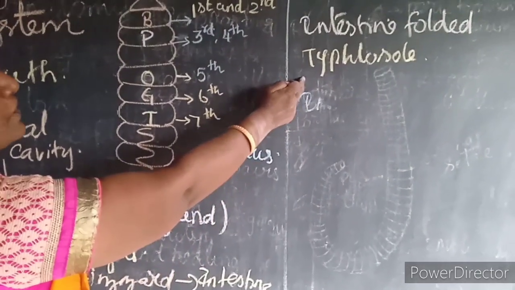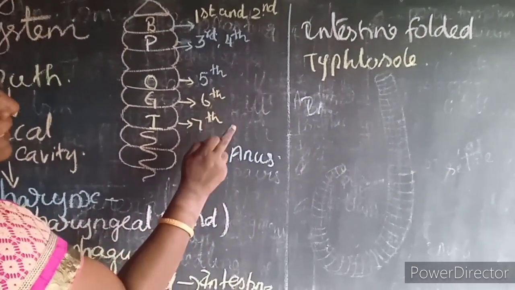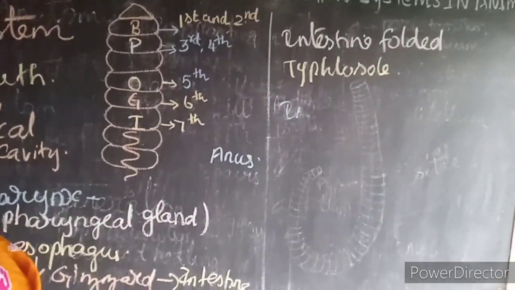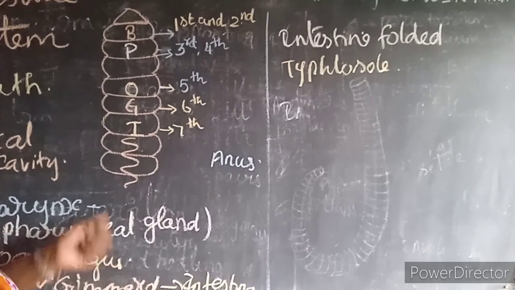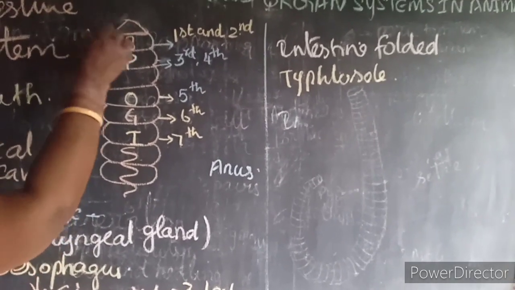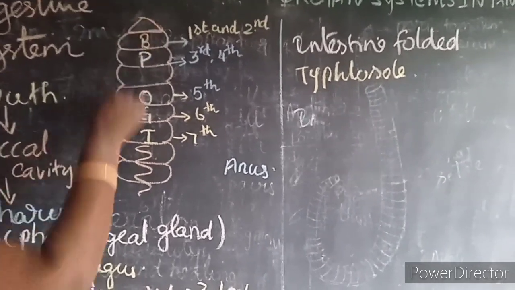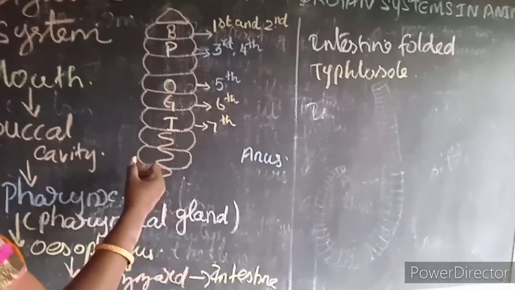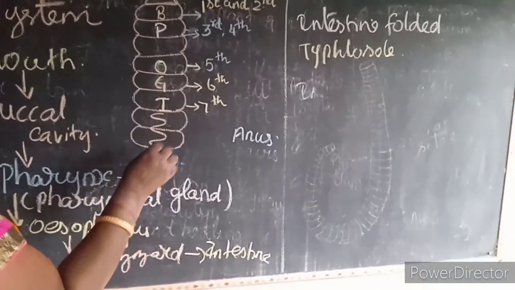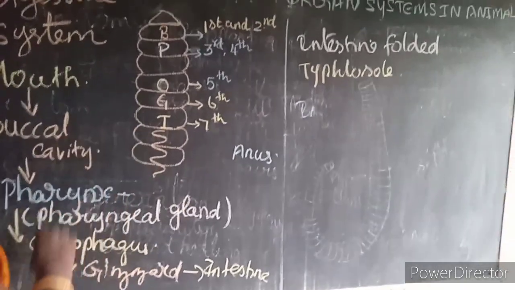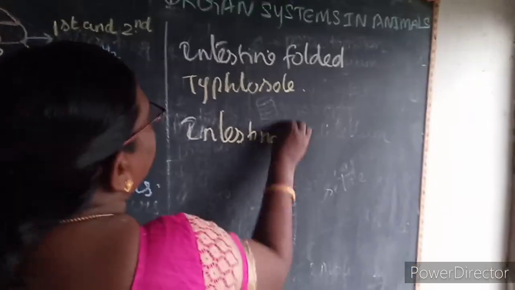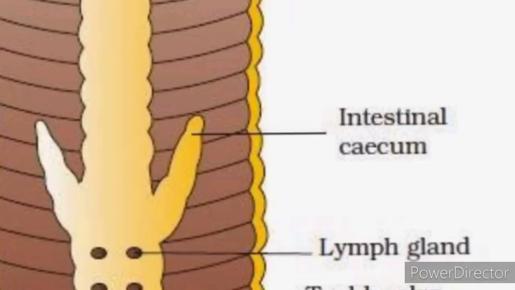So, what is a typhlosole? The folded intestine of the earthworm is known as typhlosole. Then, organic rich soil is taken in through the mouth and passes along the digestive tract. The food is digested by the digestive glands, and the undigested food comes out through the anus. That is a 3-mark question. What is an intestinal caecum?